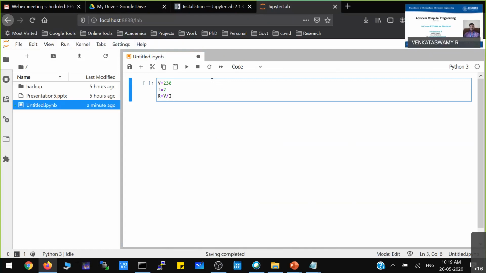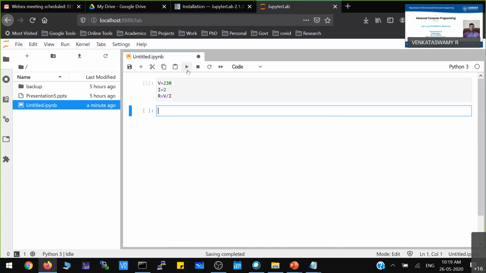Now, this is a very simple program, but a lot of meaning is there. We have taken values from the sensor, the voltage value and current value. Maybe you are using some CT, PT. To take the voltage and current values, you are receiving the RMS value. Okay, you see the restrictions. I'm taking the RMS value here and using that RMS value, I'm calculating the load. Resistance I'm calculating. Now, if I run this particular program, R is calculated anyway.